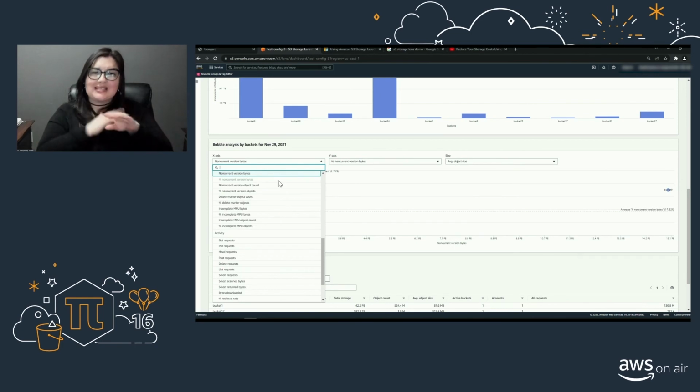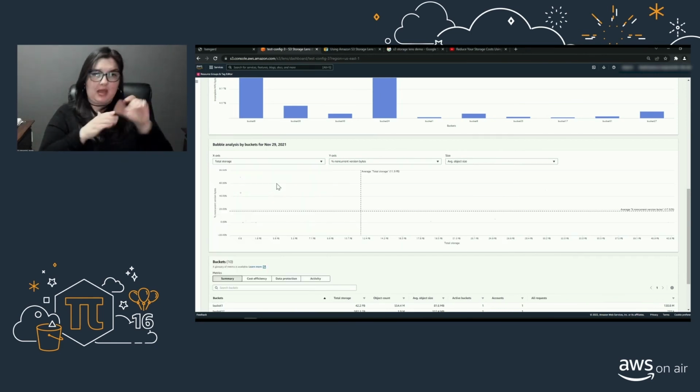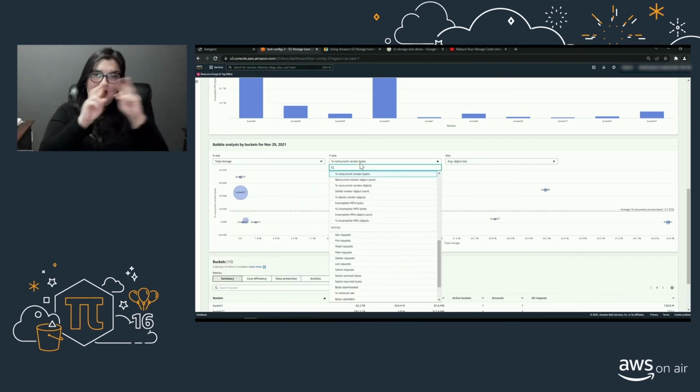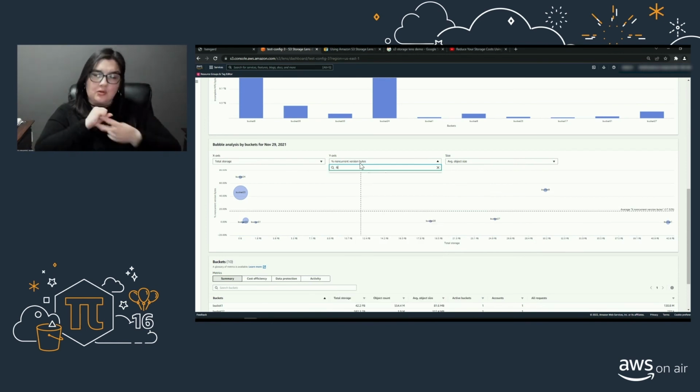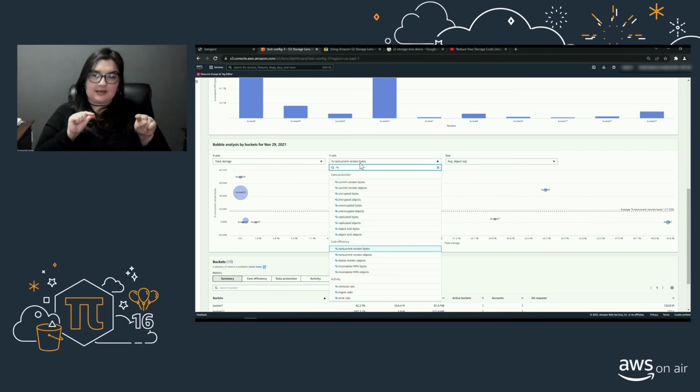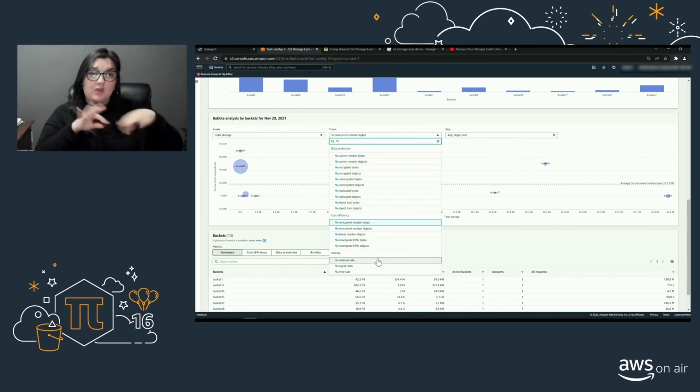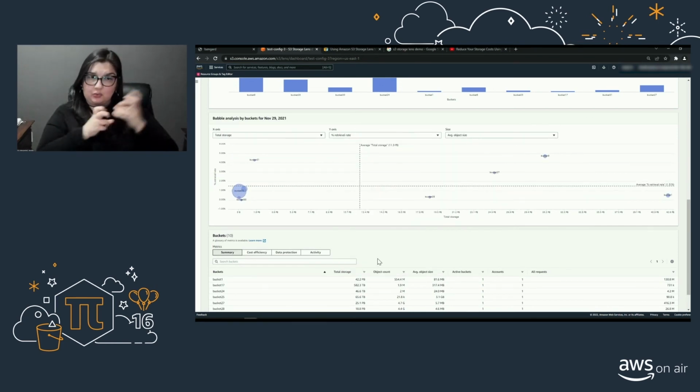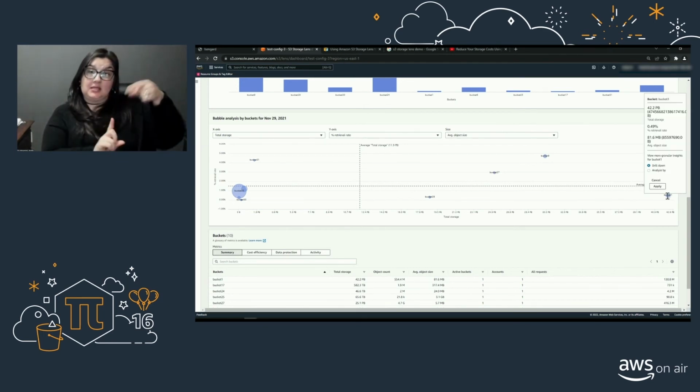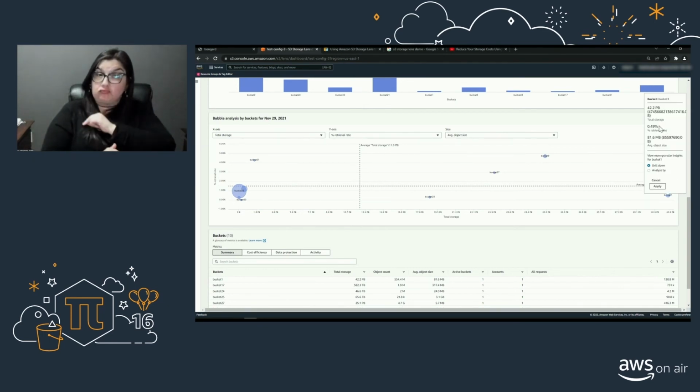So under the Bucket tab, I'm looking at the bubble analysis. I'm going to set up storage percentage for the x-axis, percentage of retrieval rate as the y-axis, and the average object size metric. Now what we're going to look for are any buckets with retrieval rates of 0 or close to 0 and larger relative storage size. For example, this bucket over here might be a good candidate with 0.5% daily retrieval rate.